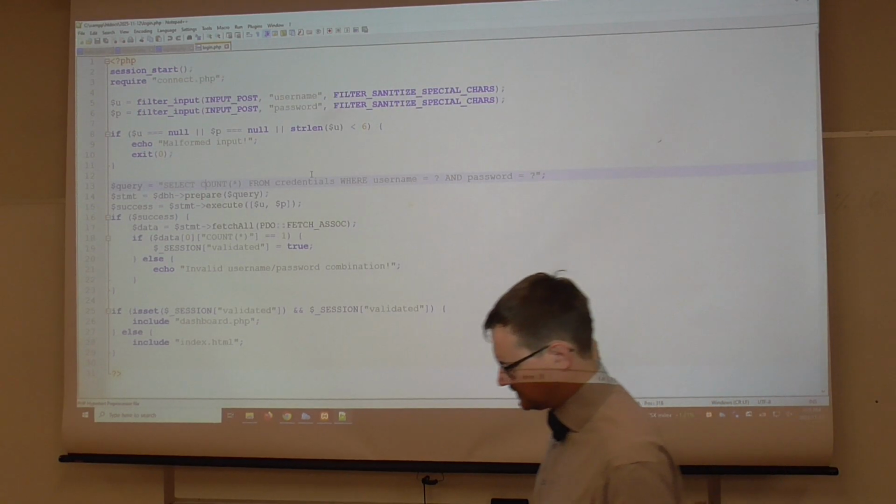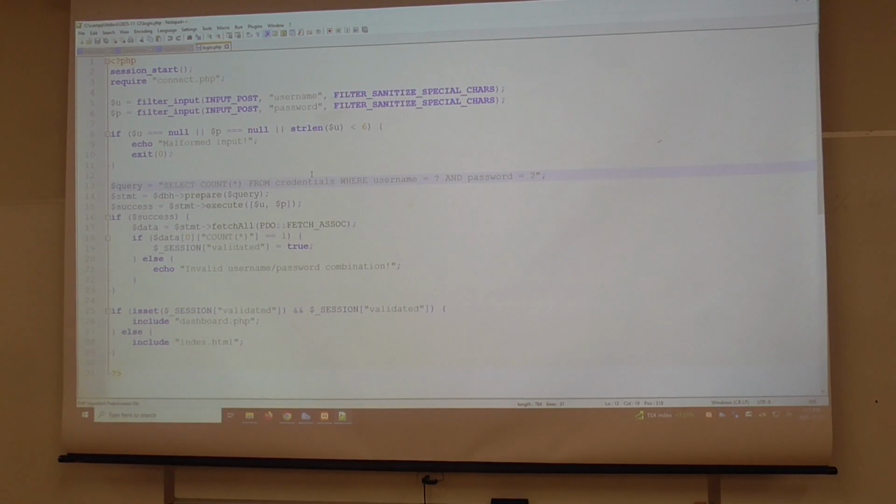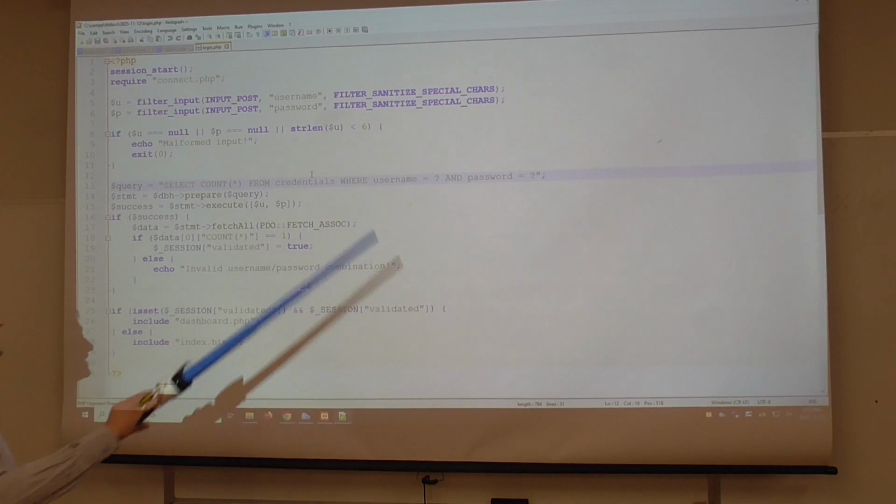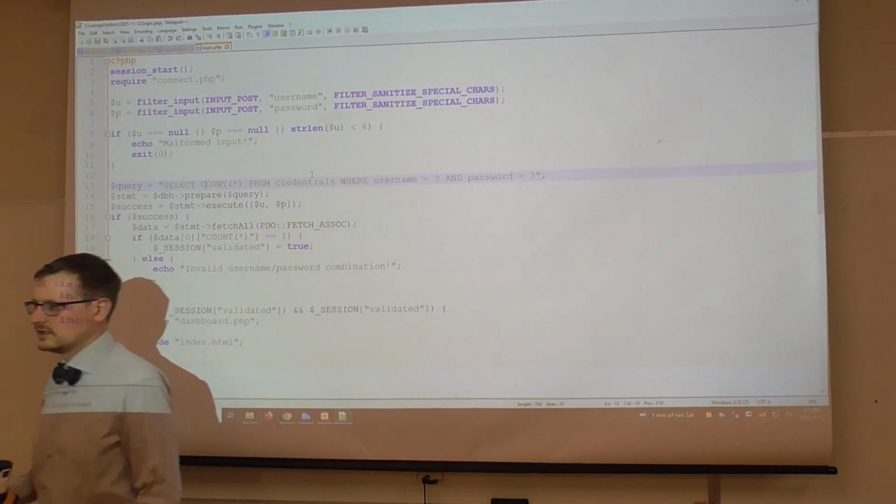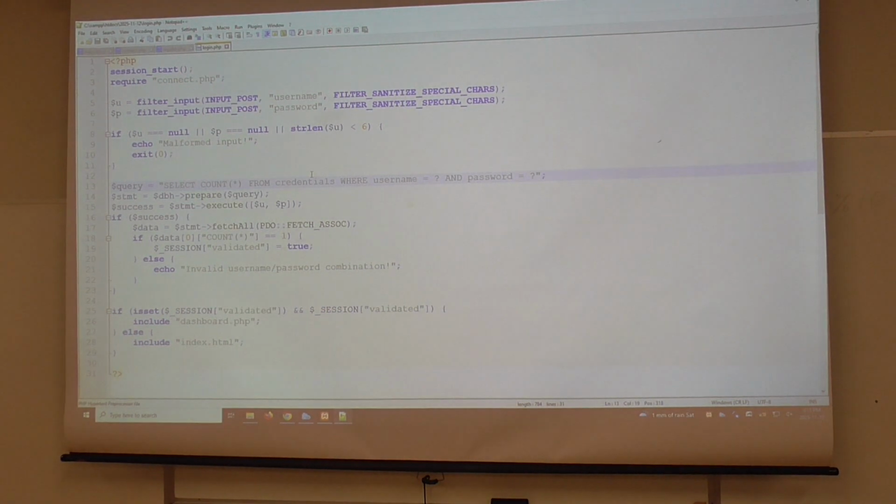And remember, this is hashing and salting. We can't just rehash the value and send that to the database and have the database check, right? If we call password hash twice on the same string, we get two different hashes because of the salt being different.